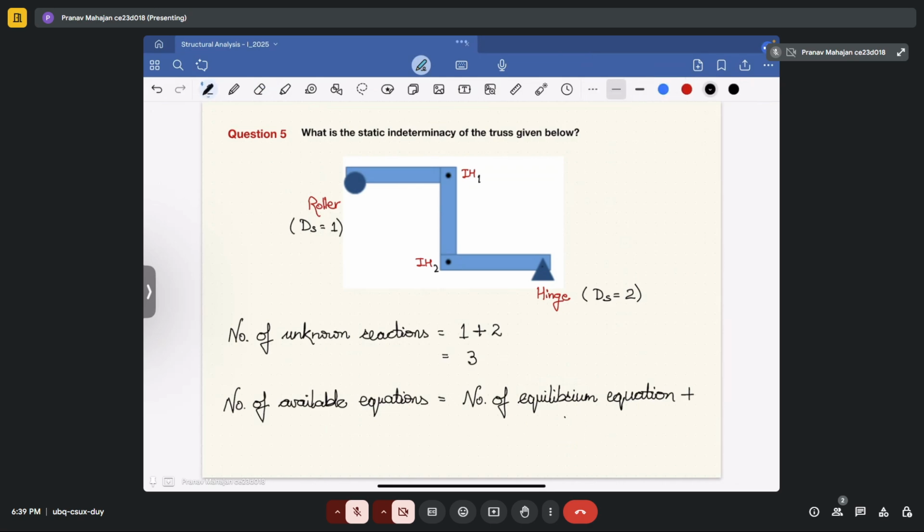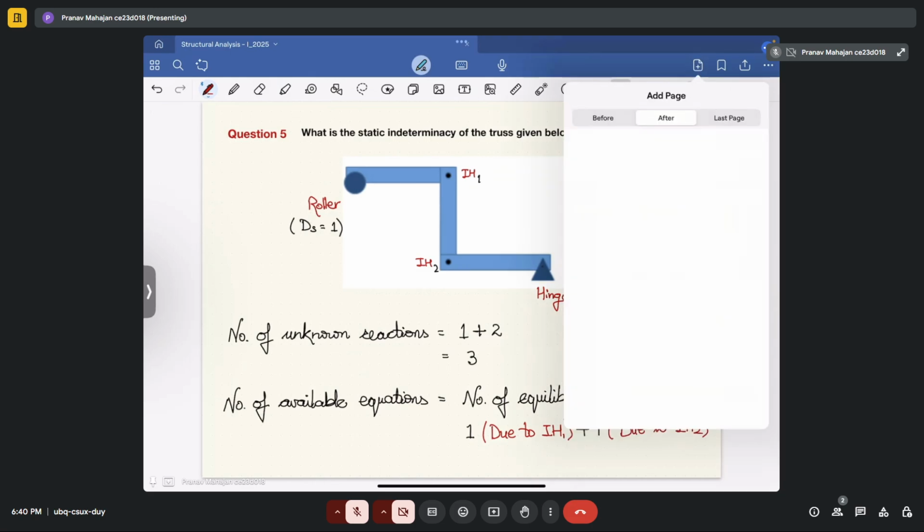First 1 will come, this is due to internal hinge 1, plus 1 again will come, and it is due to internal hinge second. Fine. Okay, so your total number of available equations will become,